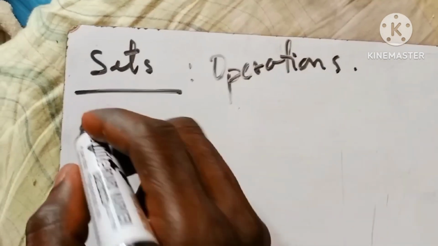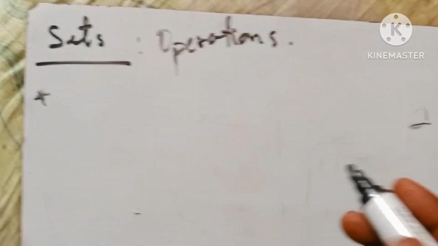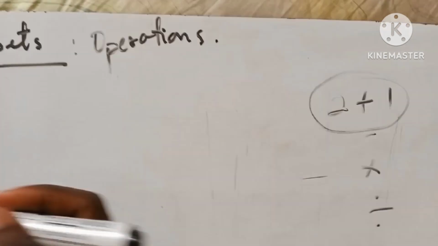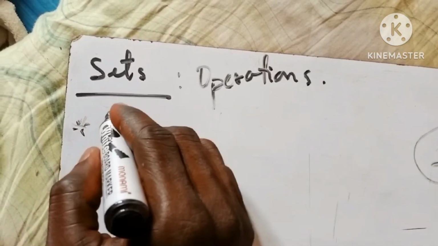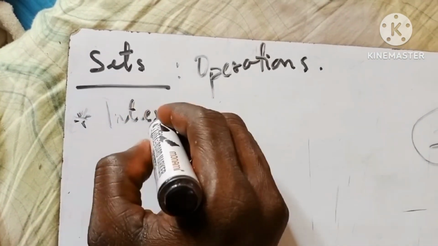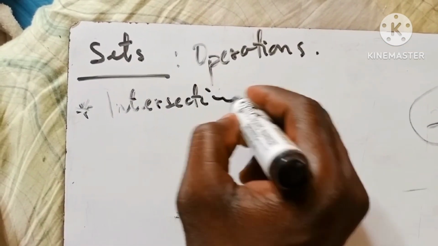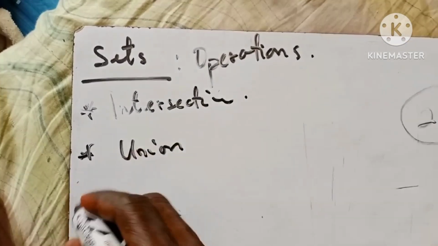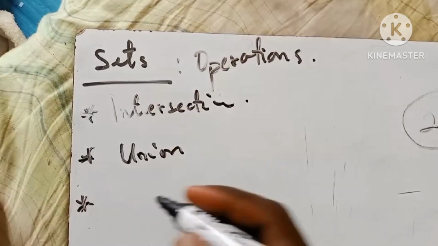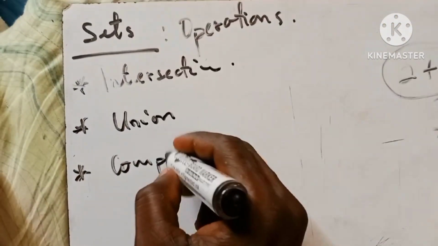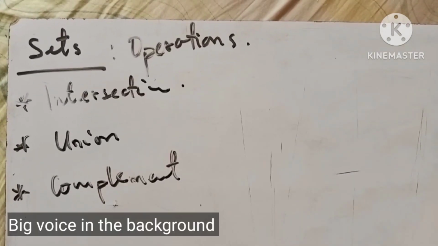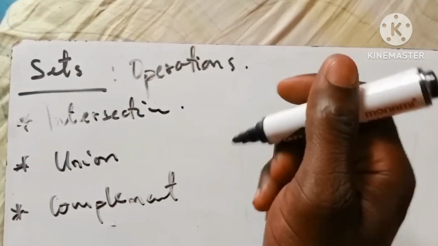Now one operation, the first one, is that instead of the addition and the subtractions in terms of numbers like this, here we are going to deal with what we call intersections. And then we also have something that we call a union, and then we also have something like a complement here. What intersection here means is that